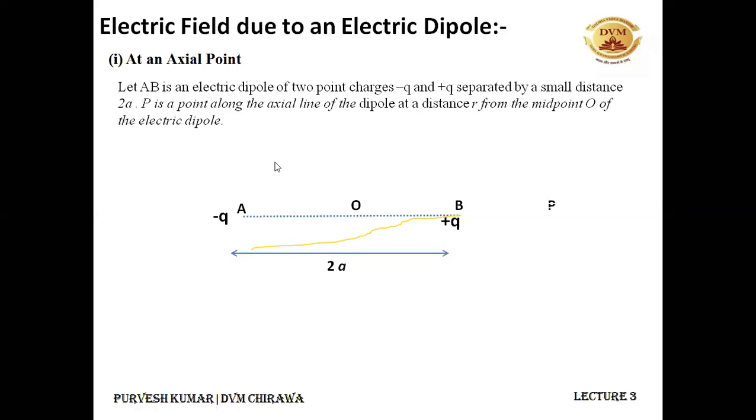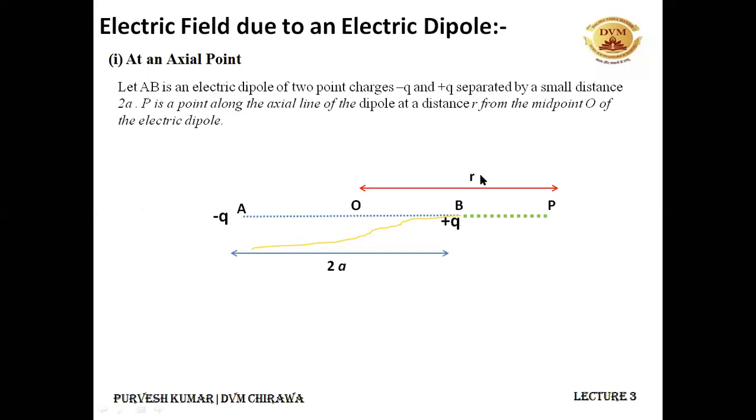Now our job is to find the electric field at a point P which is lying on the axis of this dipole. See, this is the axial line, which is the line connecting the two charges of the dipole, and somewhere over here point P is lying on the axis of this dipole, towards the positive charge I have taken. This point P can be over here somewhere also. If it were here, you could solve along similarly. That's not an issue. So we have taken it towards the positive charge only, and it is lying on the axis of the dipole. That's why it is an axial point. The distance of this point P from the center O of the dipole is r.